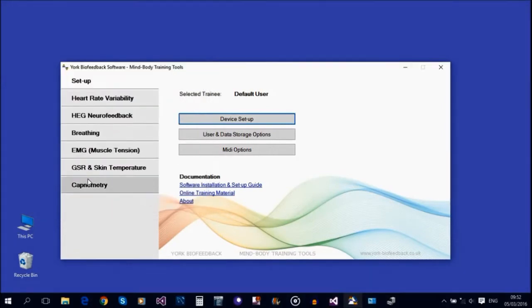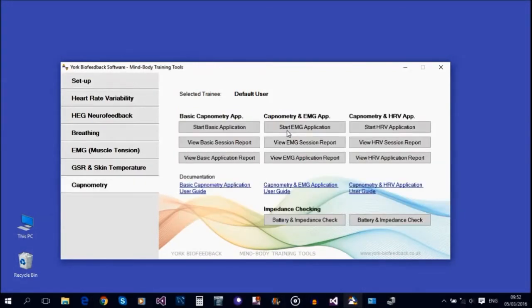Okay, so yes, platform program, Capnometry tab, 3 applications, 3 columns. The right hand one is for the Capnometry and HRV application. So we've got the usual buttons, one to start the application, one for a session report, and one for an